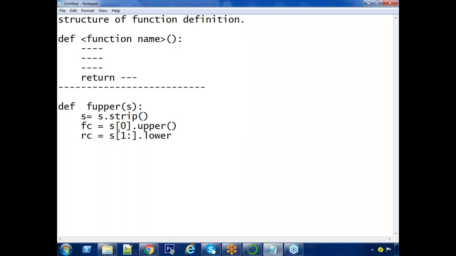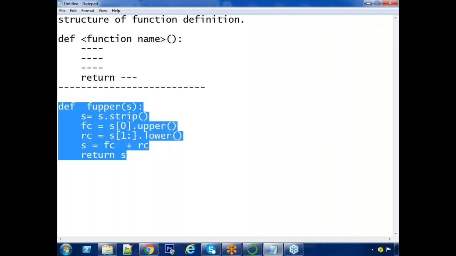Dot lower. And I am going to concatenate. Let's say new string s equals fc plus rc. I am rewriting into that s only. Finally, I am returning, return s. Just check this execution. Later we use it in our transformation.